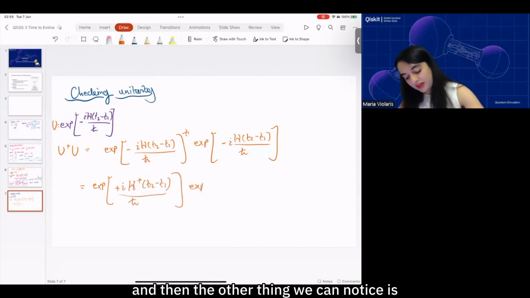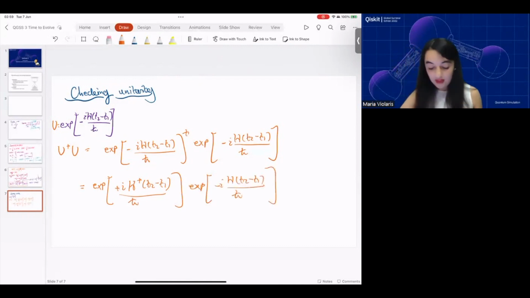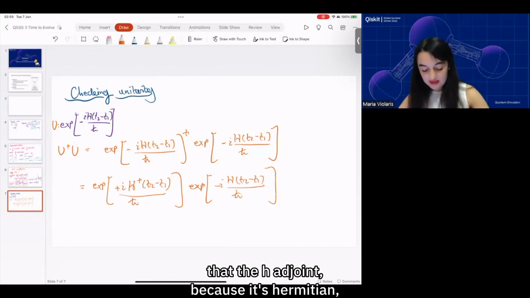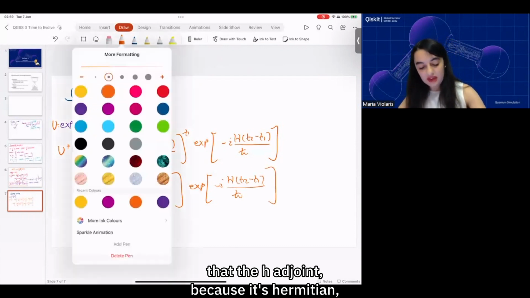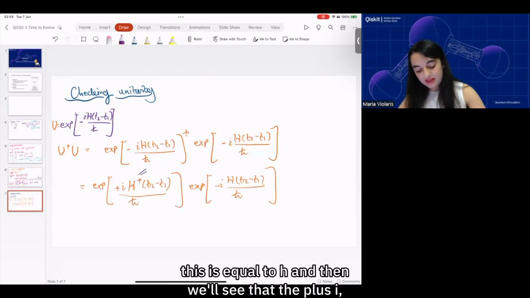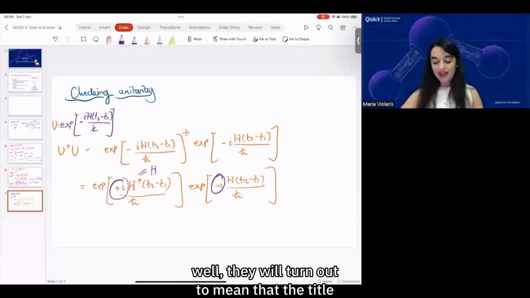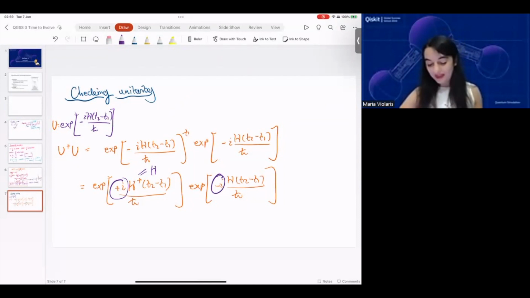And then the other thing we can notice is that the H adjoint, because it's Hermitian, is equal to H, and then we'll see that the plus i and minus i will mean, well, they will turn out to mean that the